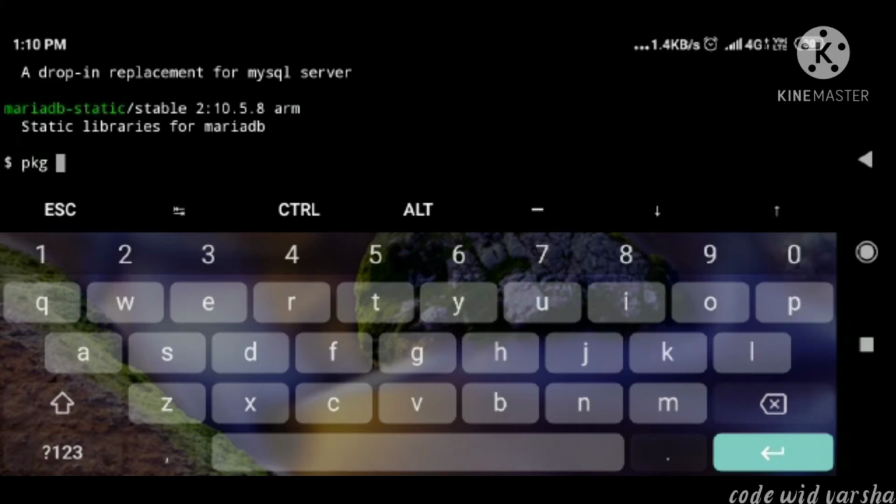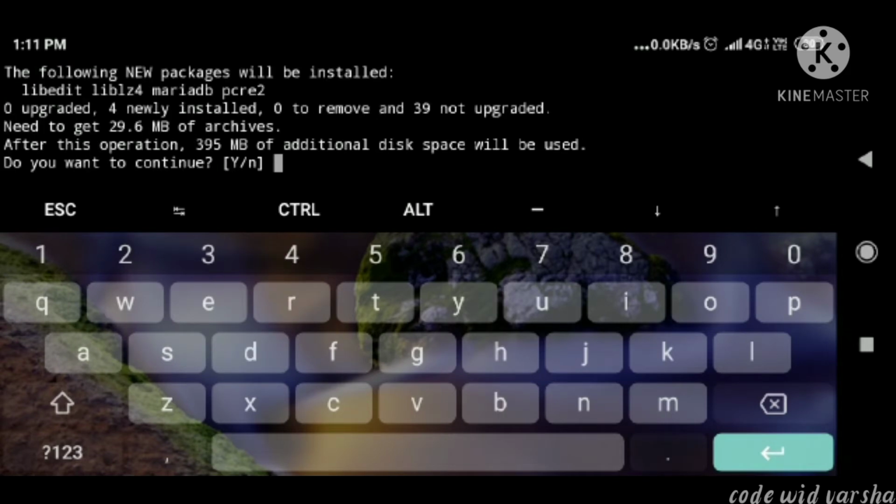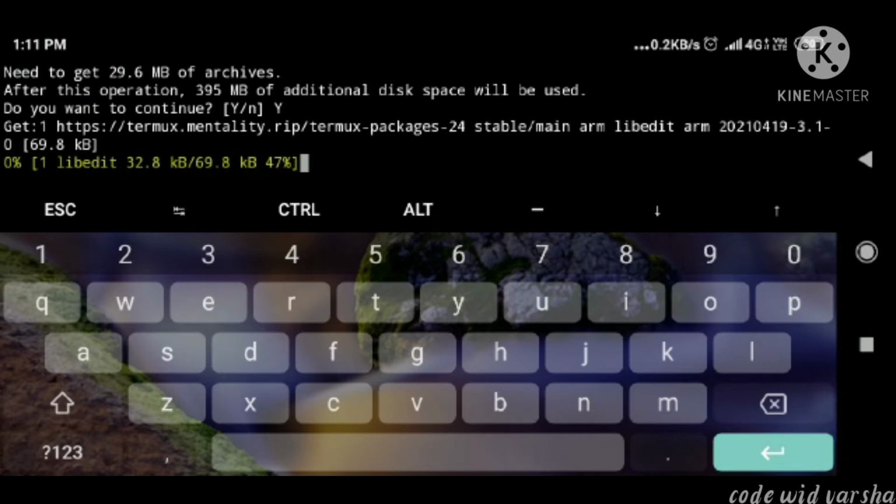How to install? Pkg, then write install, then write MariaDB and then enter. Asking y or n. Y for yes, so let's write capital Y and enter it. Now it is installing MariaDB.